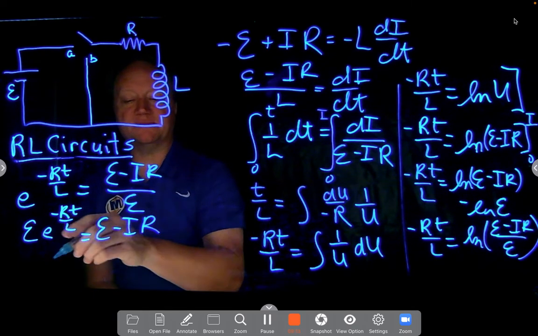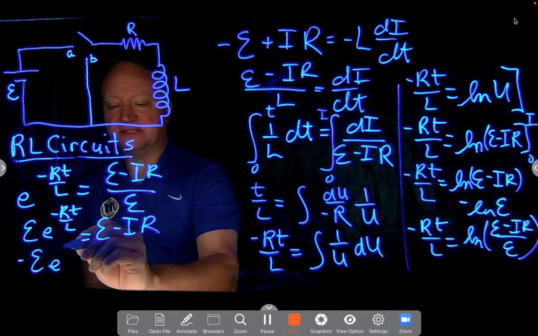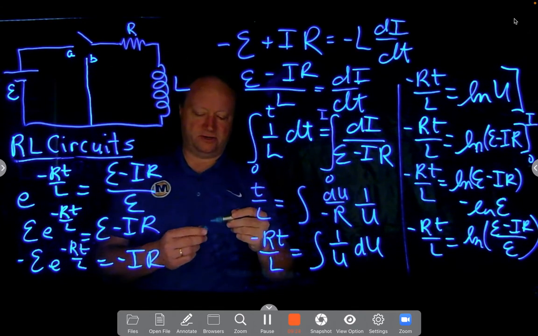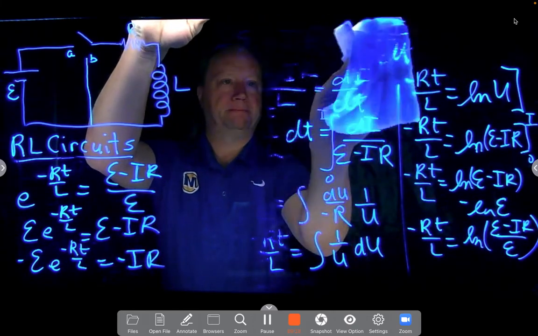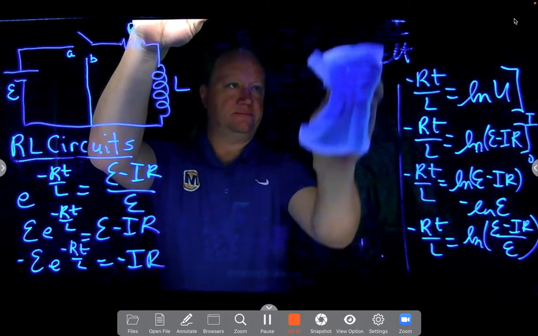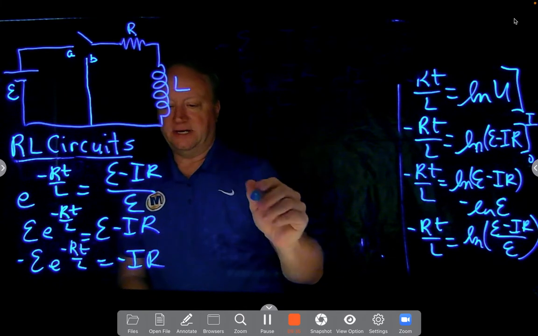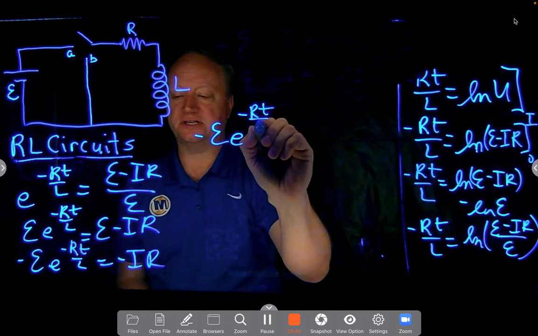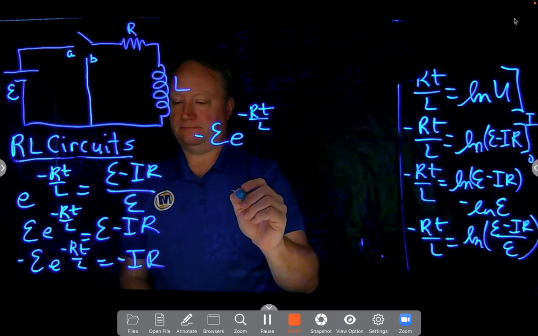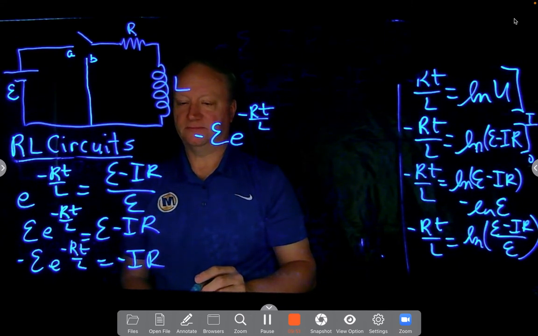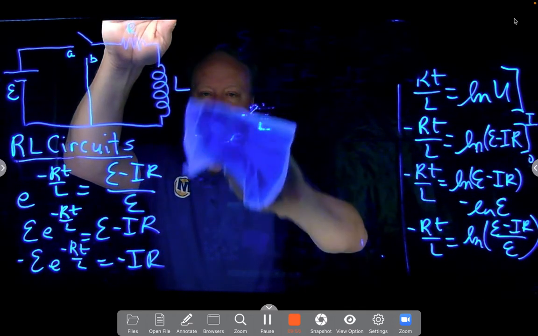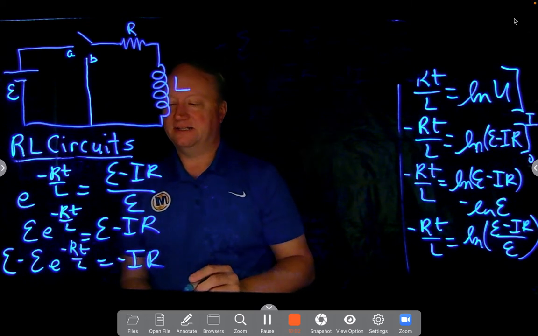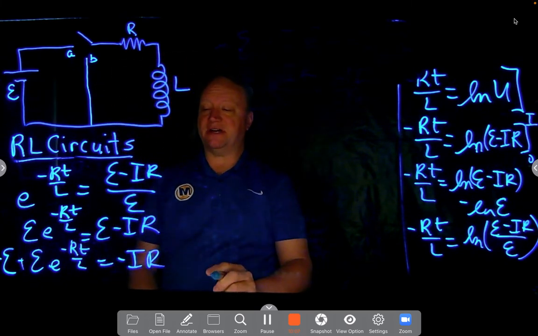I'm going to subtract the EMF to the other side, so I'll get negative EMF times e to the negative Rt over L is equal to negative I times R. And so then dividing everything by R, I've got negative EMF times e to the negative Rt over L. So I subtract the EMF over there, so I've got a negative EMF, E plus E